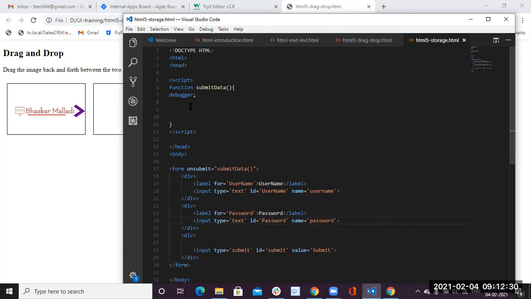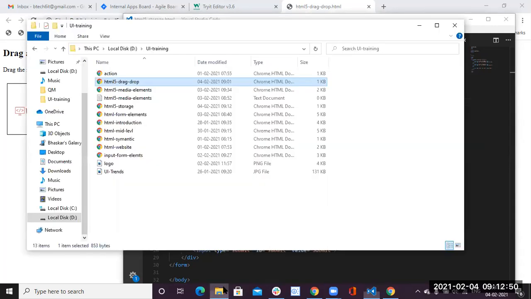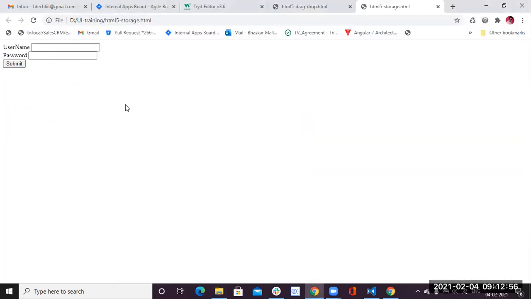Next, this form ID. Form ID is something that can come for my form. Okay, done. Now the form is completed. You will see that in the browser. So we have the username and password.